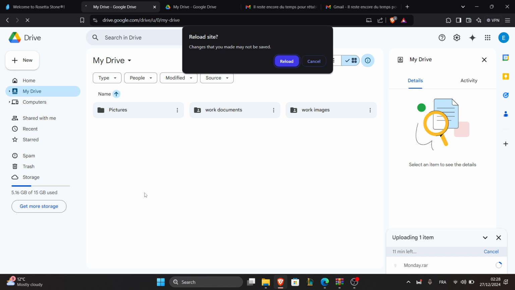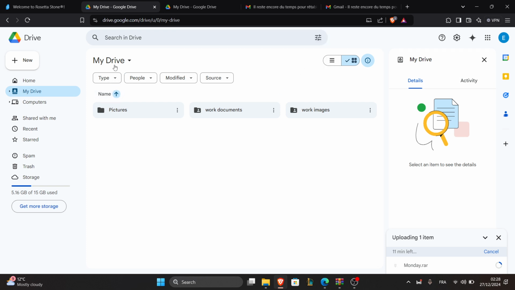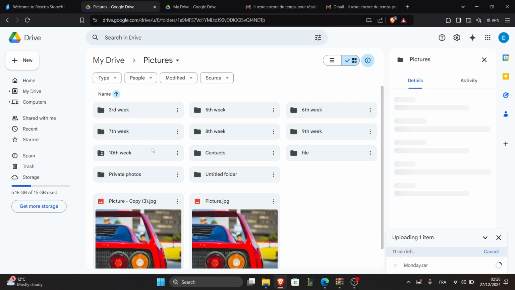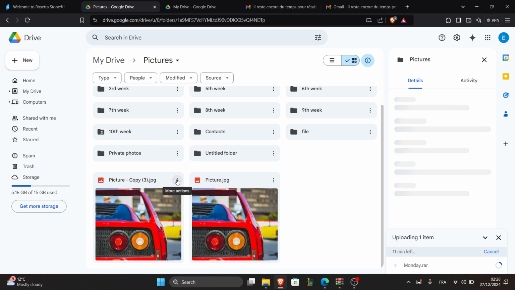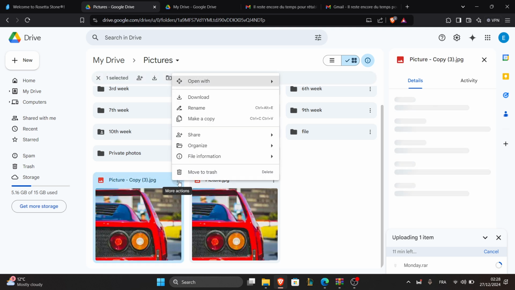The easiest and the most secure method is to adjust the folder's sharing settings, and to do that, start by selecting the folder you want to hide. And before you do that, you have to access your Google Drive account by going to drive.google.com and entering your account's credentials. Now, after logging in, select the file you want to hide. Right, I'm gonna choose this picture as an example, and access the sharing settings